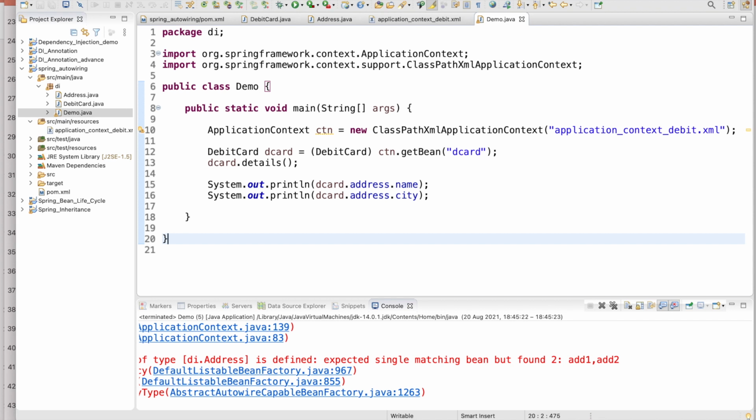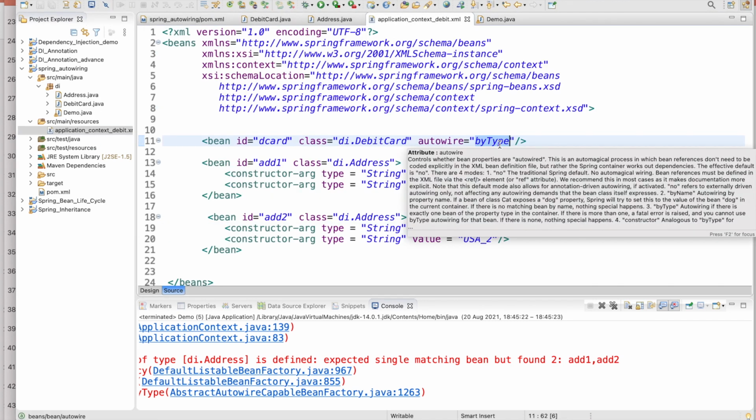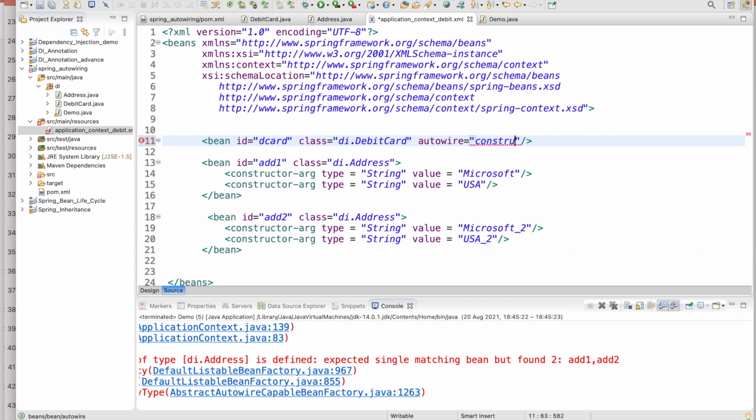So now another way to work is with the constructor. So go here, instead of by type, you use the constructor, right?